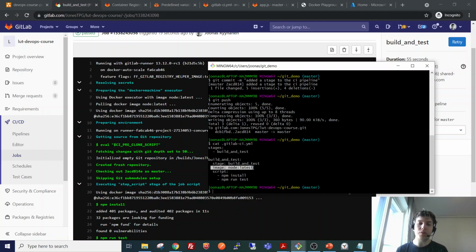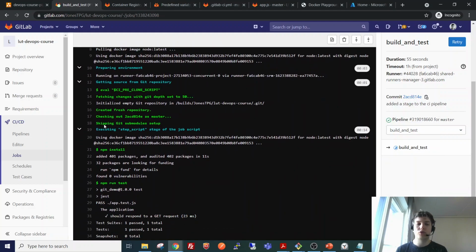So when the script section starts, the actual things we want to perform during the pipeline are run in a Docker container that has the node image, and since it has node, it also has npm, and therefore these commands work inside the runner and in the pipeline.